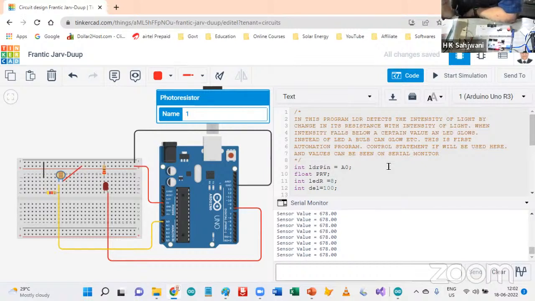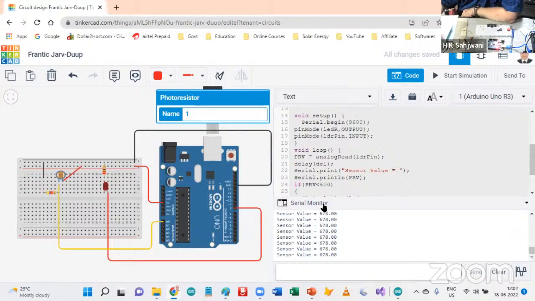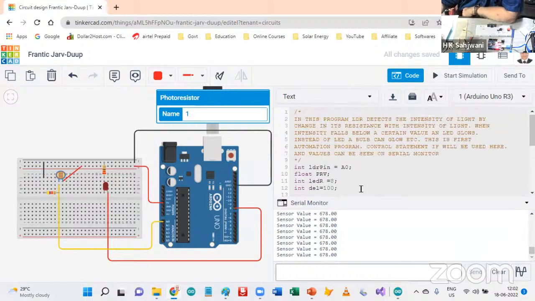600.6 भी हो सकता है। और ऐसी जो वैल्यूज होती हैं, जो हमारे पास डेसिमल वैल्यूज होती हैं, उनको हम फ्लोट टाइप कहते हैं। तो हमारा जो पीआरवी है, इस पीआरवी की जगह मैं कुछ और भी लिख सकता हूँ, यहाँ पर मैं एलडीआर लिख सकता हूँ, और अगर मैंने यहाँ पर एलडीआर किया तो बाकी प्रोग्राम में हर जगह पर मुझे एलडीआर करना पड़ेगा। तो मेरे पास दो डिवाइसेस हैं, एक तो एलडीआर पिन है जो कि मैंने A0 पर लगाया है, और उसकी फ्लोट वैल्यू क्योंकि उसको मैंने रीड करना है इसलिए मैंने फ्लोट पीआरवी दे दिया है।